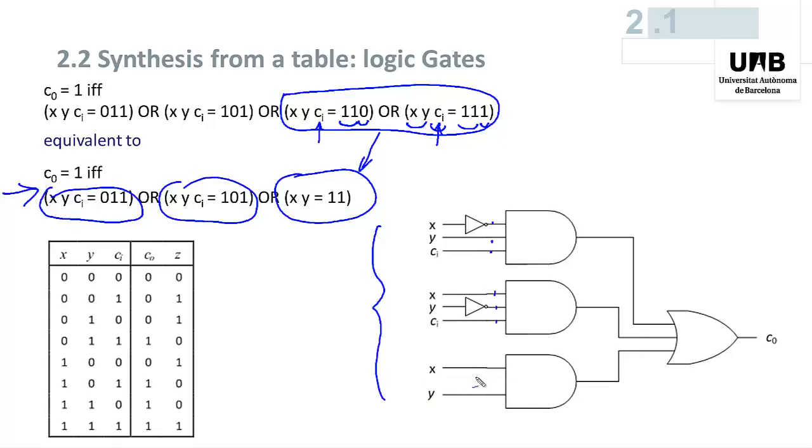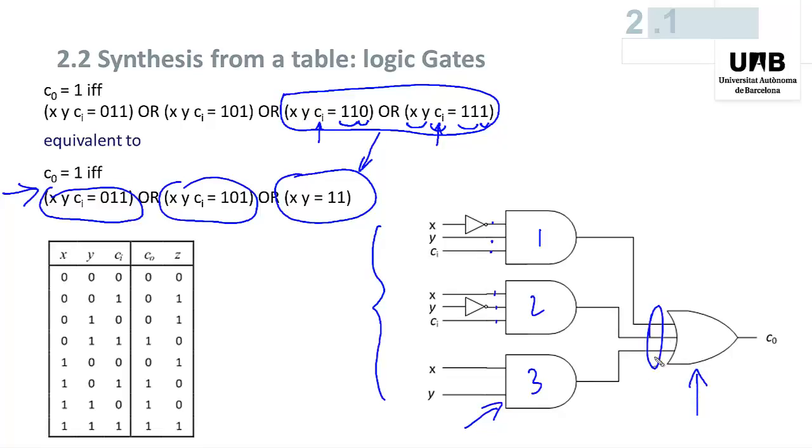The corresponding circuit has fewer gates than before. There are only 3 AND gates instead of 4. One of the AND gates, this one, has 2 inputs instead of 3,